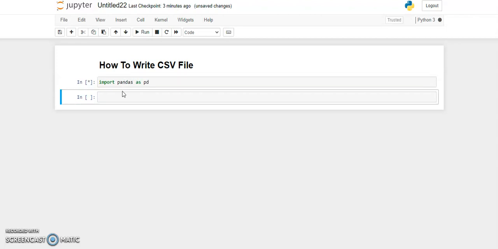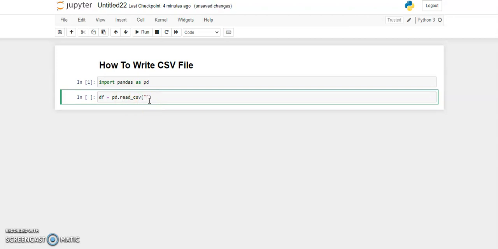First we need to create a data frame, because our data is two-dimensional. So we use a simple variable name, suppose df equal to pd.read_csv, and here we need to pass